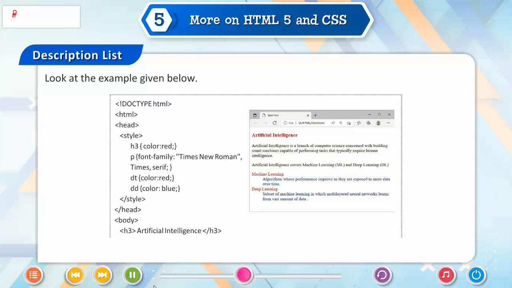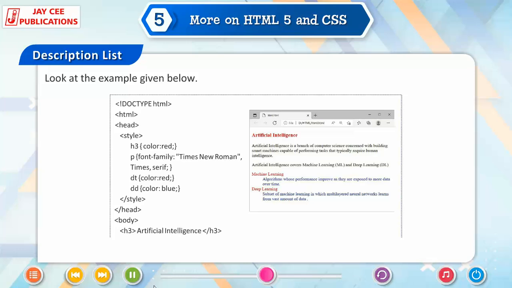Open exclamation doctype HTML tag, open HTML tag, open head tag, open style tag, H3 in curly brackets, color: red; P, font-family: "Times New Roman", times, serif; all in curly brackets.